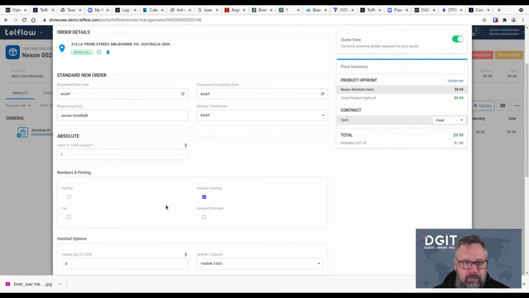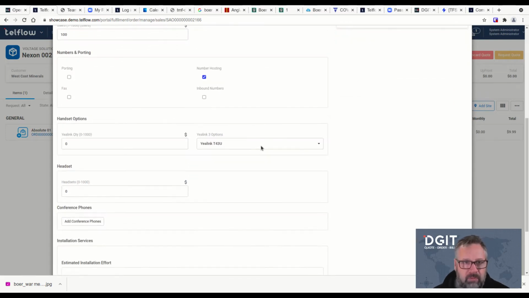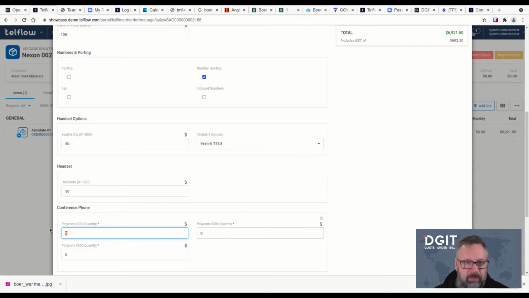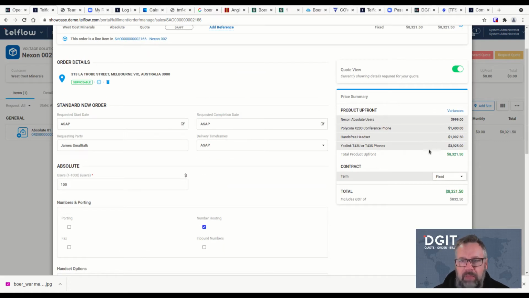I'm going to make it for 100 users, for instance. And we'll just put some random numbers in here. So we'll do sort of 50 of those. And 50 headsets, add some conference phones, 5 of those, for example. All right, so we've got our basic price set up here. I'll select the term,